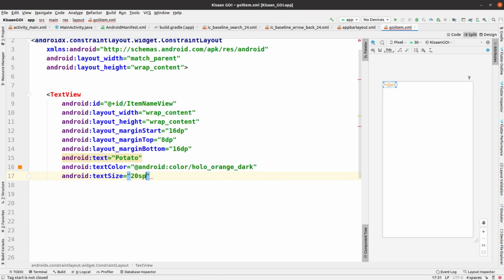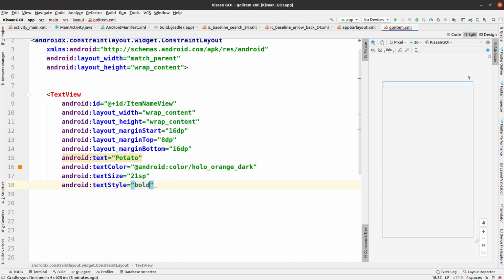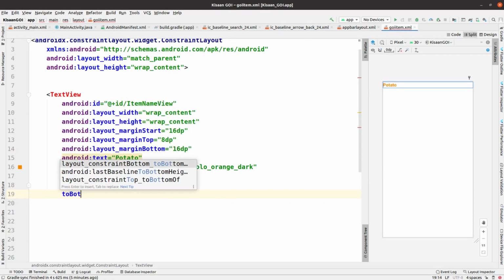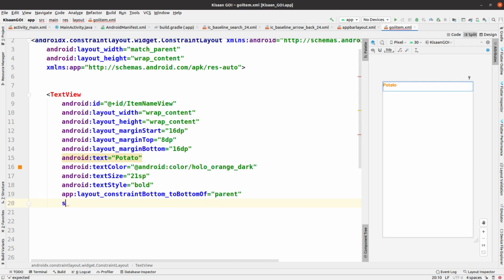Okay, so sp is different from dp. Let's make it 21. So this is for styling the text, and now you have to add some more styling, like make it bold. You can see on the right side of your screen it is implemented here. And now you have to add some properties which are related to the parent constraint layout.